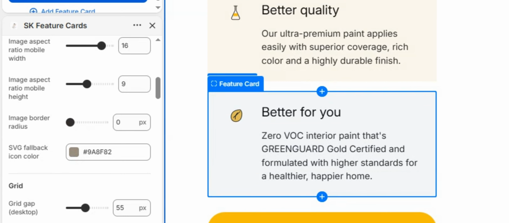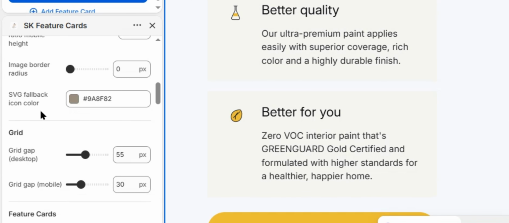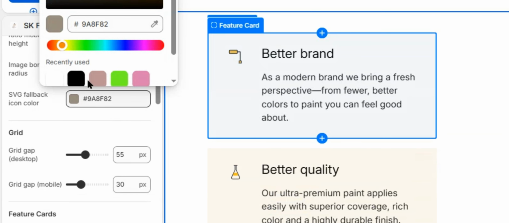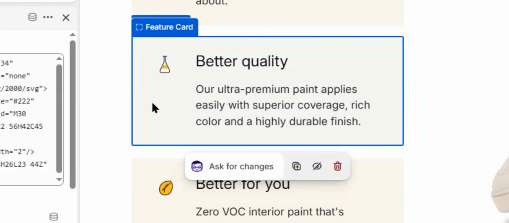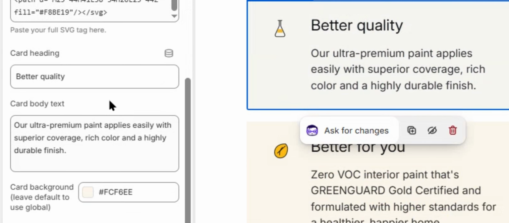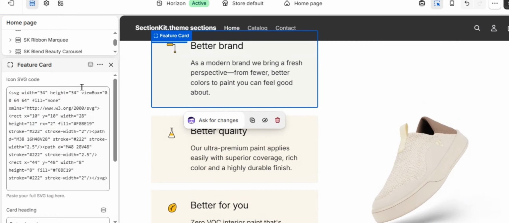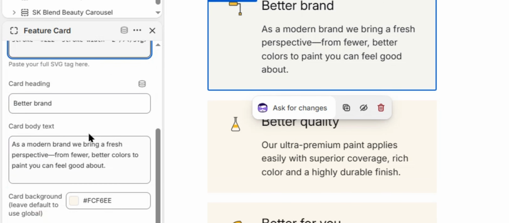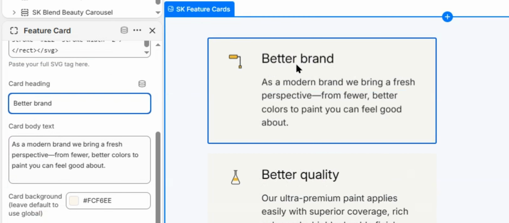Now scroll down and honestly just explore this yourself because everything here is customizable, just like a template. Things like the icon color, the card background color, all of it. Now click on any card and all its details show up on the left side. The icon is actually in SVG code form here. Honestly, I feel like there should have been an easier way to replace that, but you can still change the